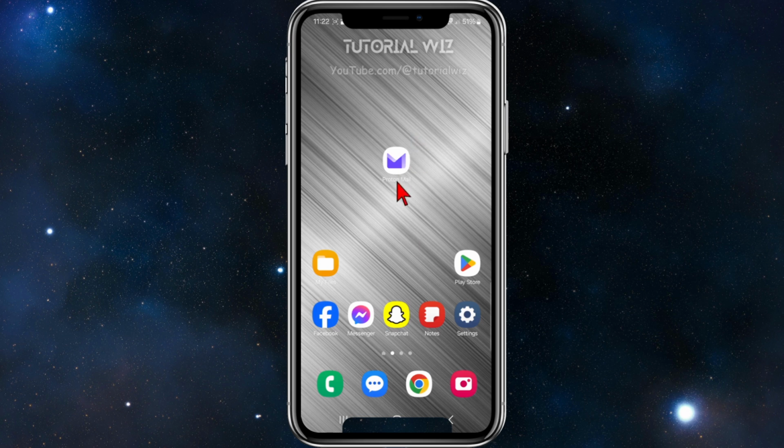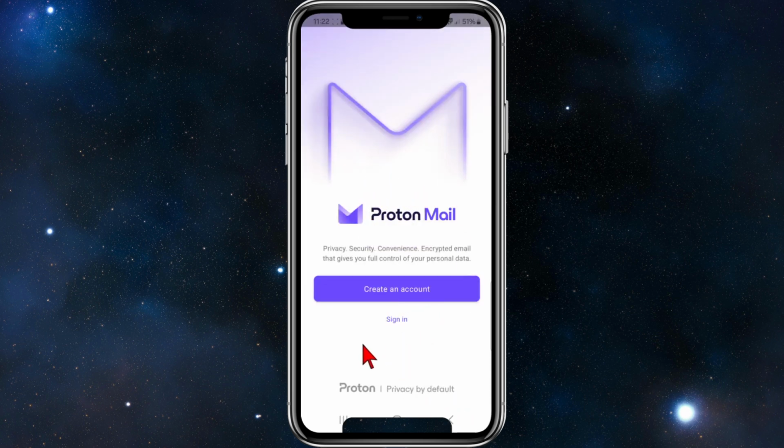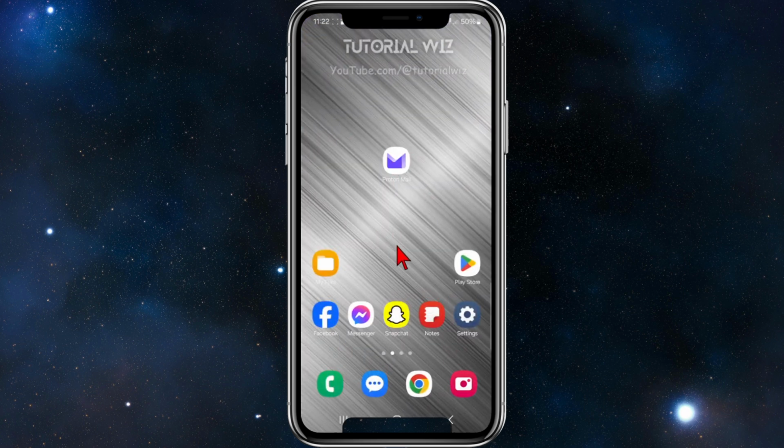So if I go ahead and open up my ProtonMail, you'll see the font size is set to this. I'm not signed in. It doesn't matter if you're signed in or not. So I'm going to go back to my home screen, and now to increase the font size inside ProtonMail, we